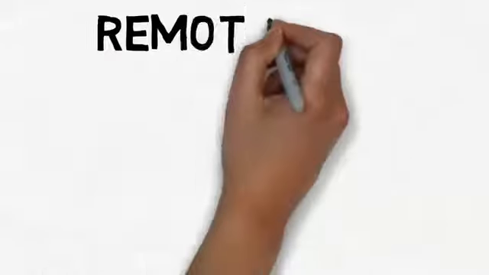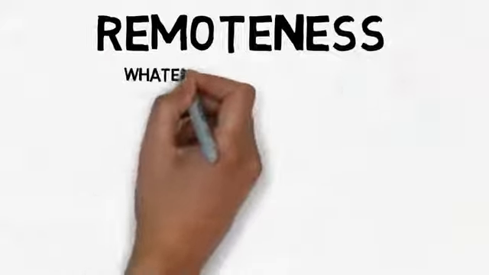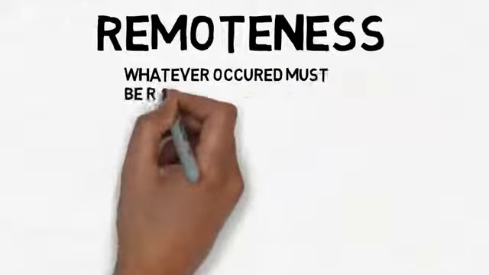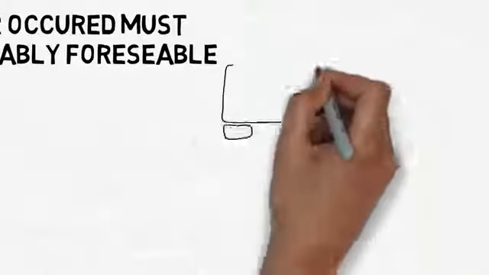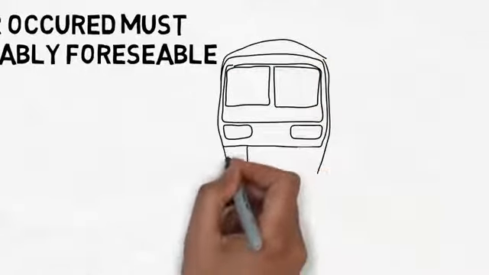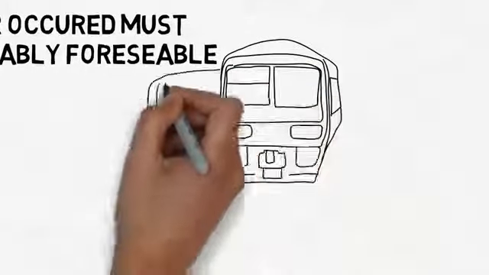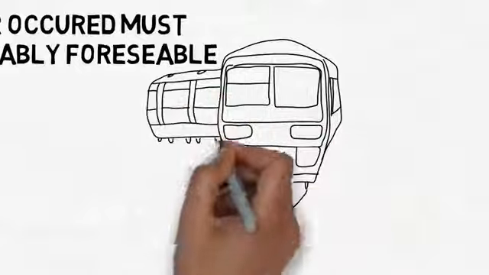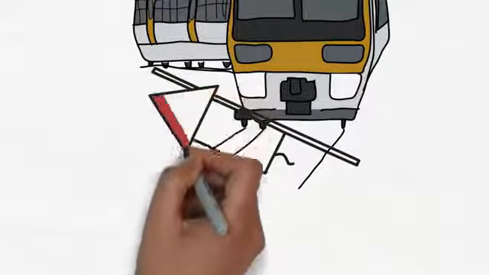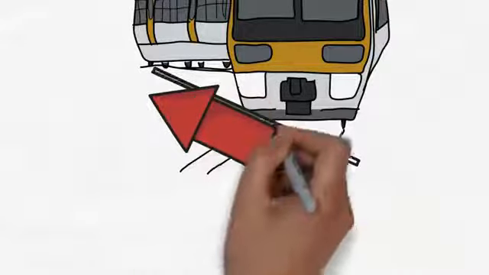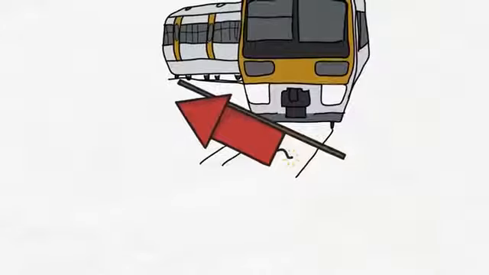Now we'll look at remoteness. Whatever occurred must be reasonably foreseeable. In the Long Island Railway case, there was a man who was trying to catch up to a moving train. Two employees successfully helped him onto the train, but while doing so, one of the man's packages carrying fireworks fell underneath the train. The train just happened to set these fireworks off. There was a woman standing down the tracks who was injured by the explosion after shockwaves knocked over a scale.